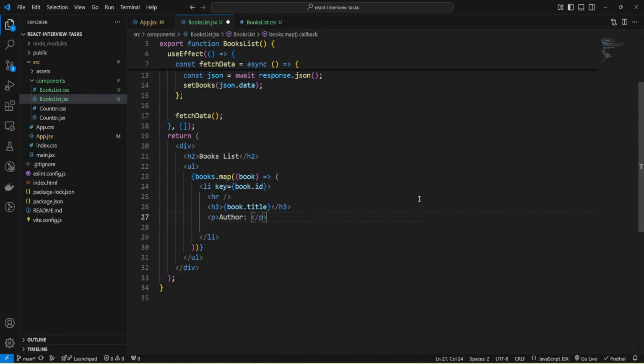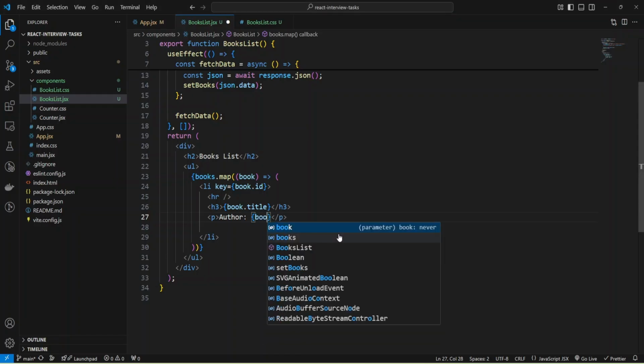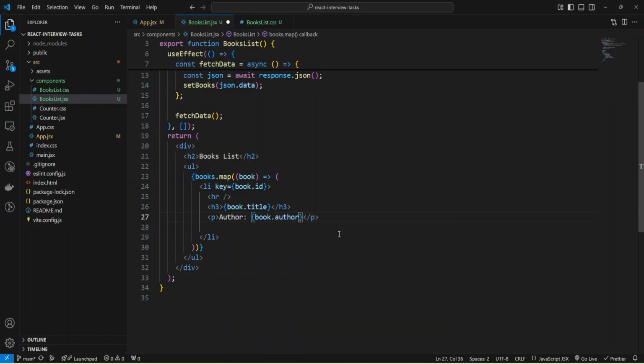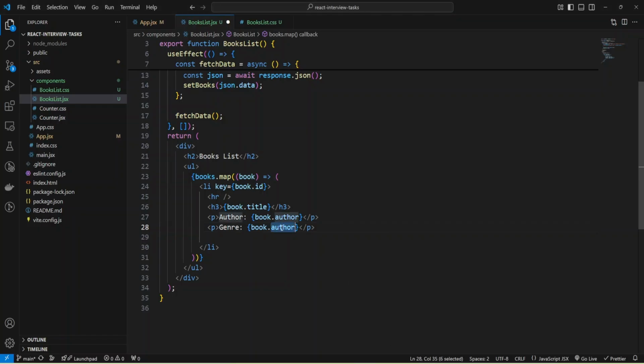Okay, and let's check what I have inside data, and for author I'm going to use this field author, and I'm going to provide also genre, and let's check what I have.